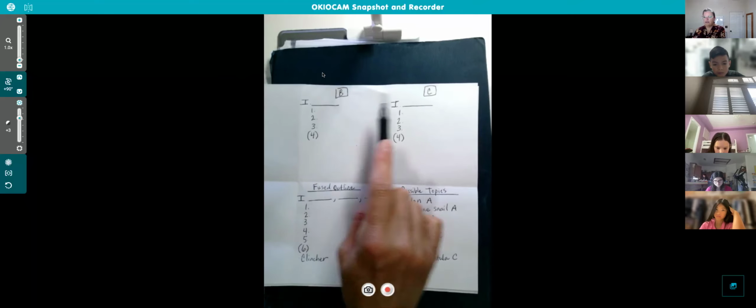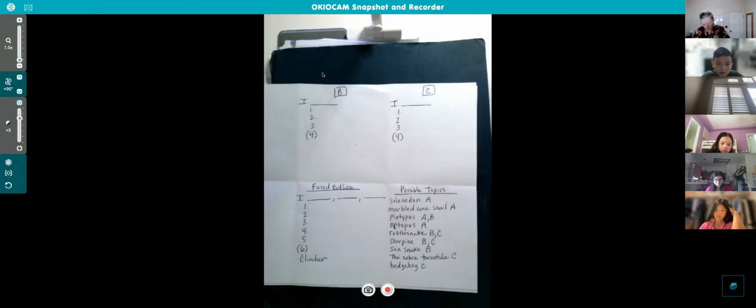The other thing I want you to do is circle the topic. Most of you picked rattlesnake, so go ahead and circle rattlesnake, and somebody else picked the cone snail, circle that. I'm going to focus on the rattlesnake first, and then we'll talk about the cone snail. Notice the rattlesnake, we have information in Article B and C, but we do not have information in Article A about rattlesnakes. So for people writing about rattlesnakes, you're going to start by working on B and C right now. Okay, so find Article B.